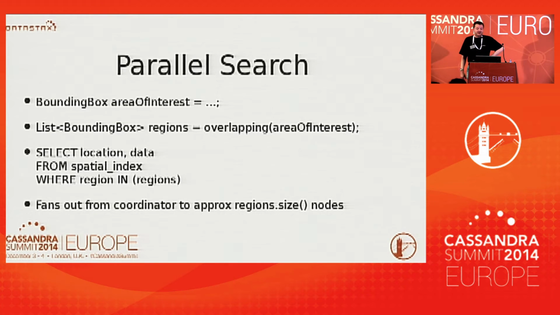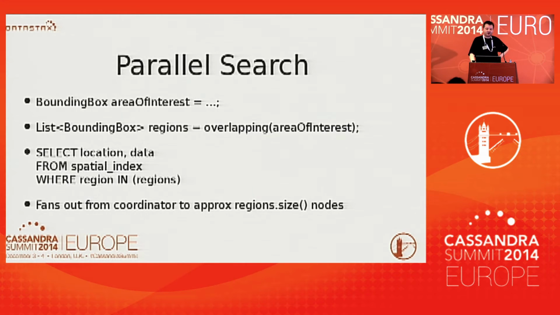So then we have all this data inside Cassandra. We need to be able to search it. For many applications, like the demo we saw earlier, what you want is a visualization. You've got a particular area of interest, a bounding box that defines the area in which you want to retrieve events. And you need to find out what the correspondence between that and the underlying grid you've got in